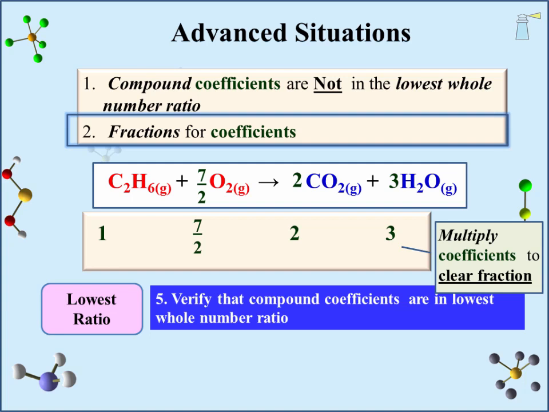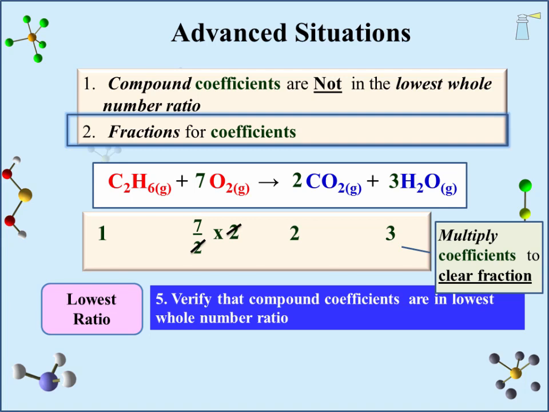So, 7/2 needs to be multiplied by what whole number to make the fraction a whole number? The answer is a value of its denominator, 2. The 2's cancel out, leaving a 7. That 7 can be inserted for the coefficient of molecular oxygen. But multiplying just one coefficient by a whole number will throw off the balanced reactant and product tallies. All the coefficients need to be multiplied by that same